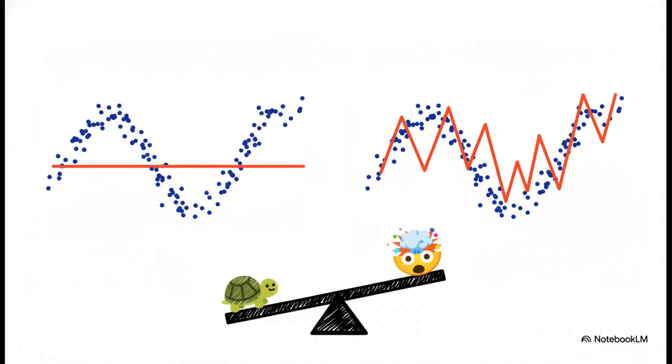Well, a lot of the time, the answer to why comes down to this fundamental tug-of-war in machine learning called the bias-variance trade-off. See, a model with high bias is just too simple. It completely misses the real pattern. We call that underfitting. But a model with high variance, that's the total opposite. It's so complex and so sensitive that it learns all the random noise in the data it was trained on instead of the actual signal. That's called overfitting. And to really get why that sensitivity is such a massive problem, we need to get a handle on what variance actually is.